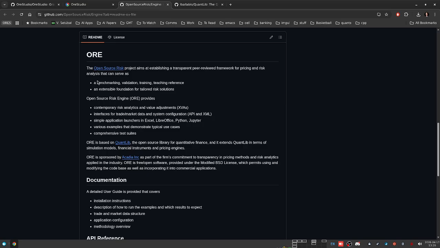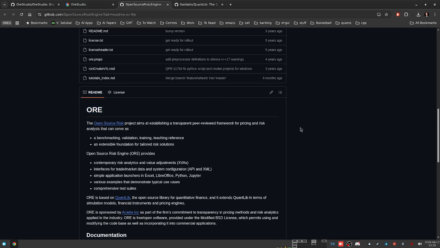But having said that, one of the purposes of the ORI Studio project is to test ORI's capabilities in the realm of intraday risk. So hopefully we will have more videos discussing that. I don't want to get too much into the weeds right now about that because I think that's a very complicated topic. But the crux of this explanation that we're trying to do here is that ORI is a risk